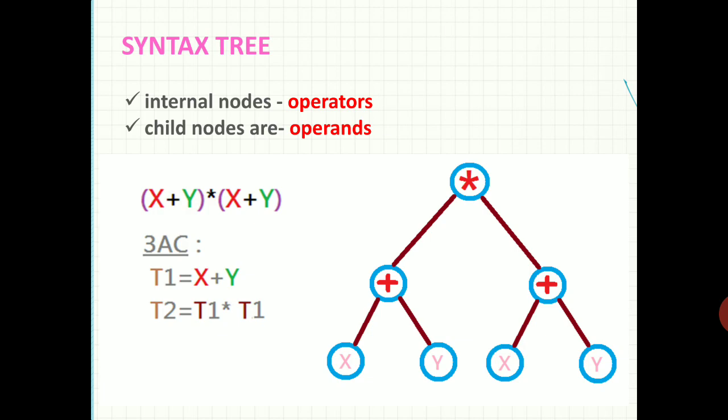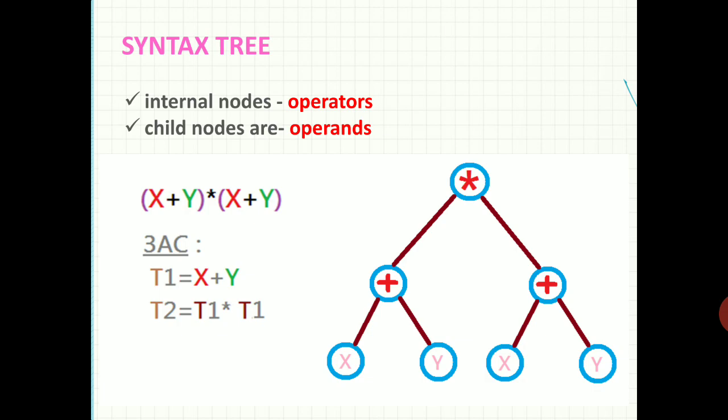Likewise, we are again calculating the right parenthesis also, that is x plus y. Now x and y are the leaf nodes or child nodes, then plus is the intermediate node or internal node. Then the result can be denoted by T1, and then that T1 is multiplied to get T2, that is the final result.